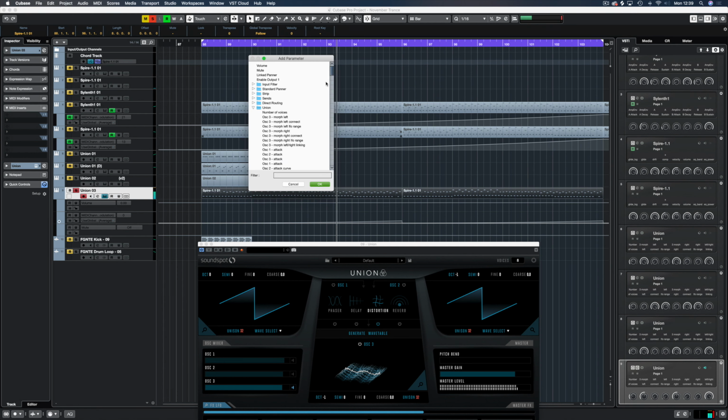So Union, and we want to go to, I've never looked for this on here, so just bear with me. Filters, oscillator 1, cutoff LFO range, cutoff connect, cutoff. There we are. So if we use that one,